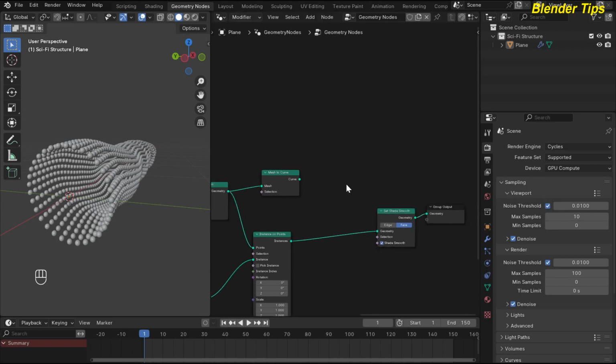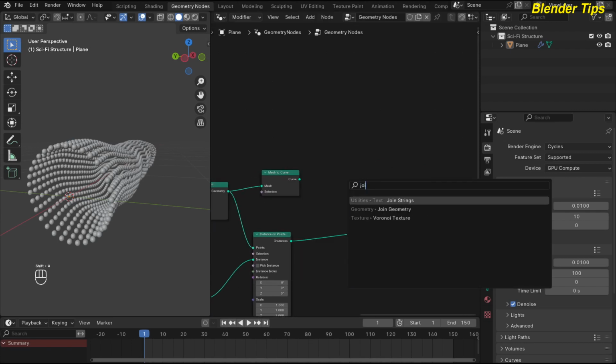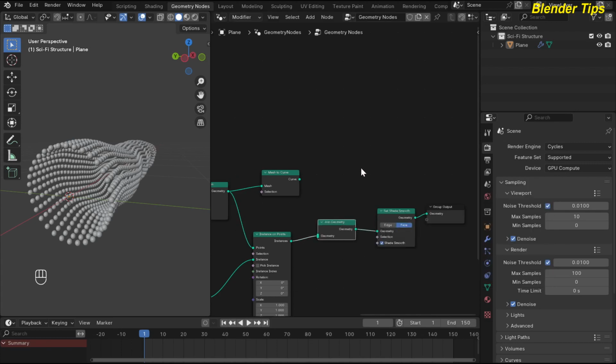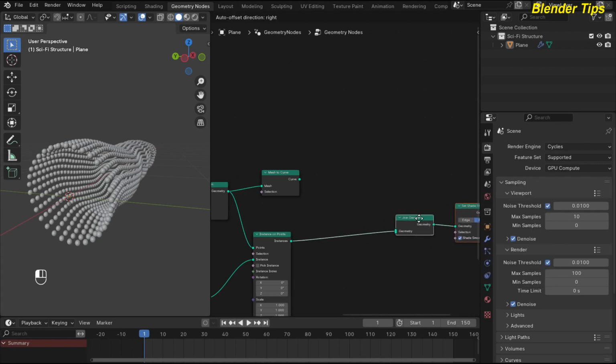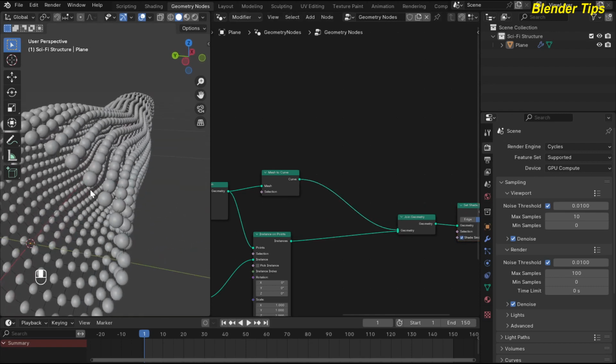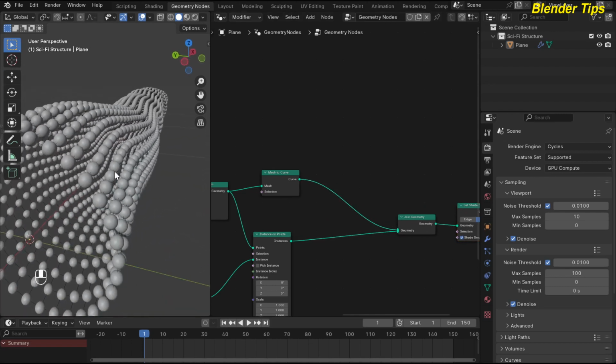Also search for the join geometry, these three nodes here, and put this in this, and here you can see the nice pattern, but I want